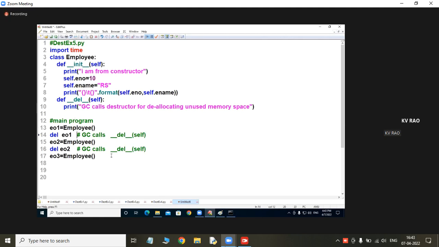Ganesh Verma is asking what is GC. See, what is GC? Garbage collector. So we are saying GC, garbage collector. Ganesh Verma, garbage collector. Fine. Coming to the next